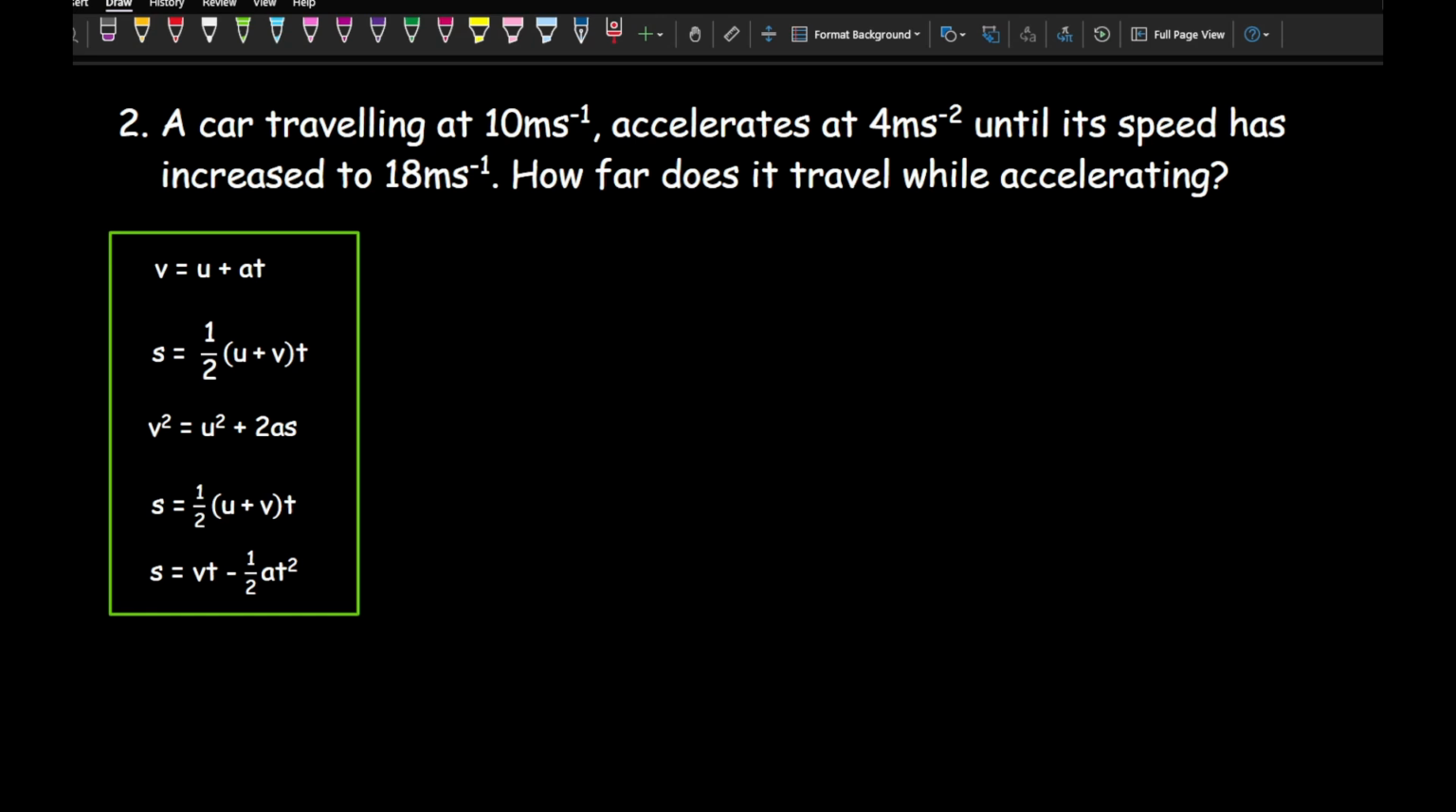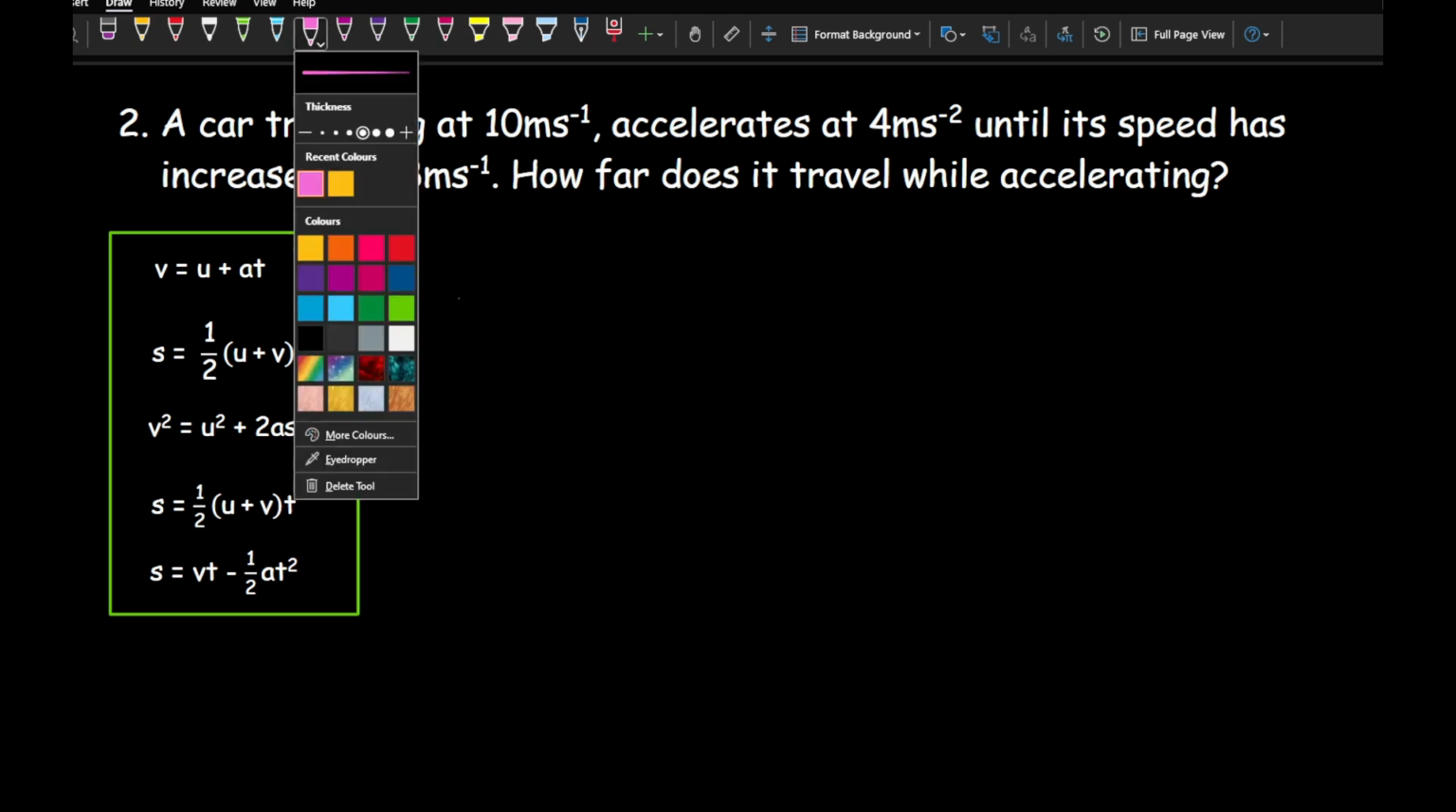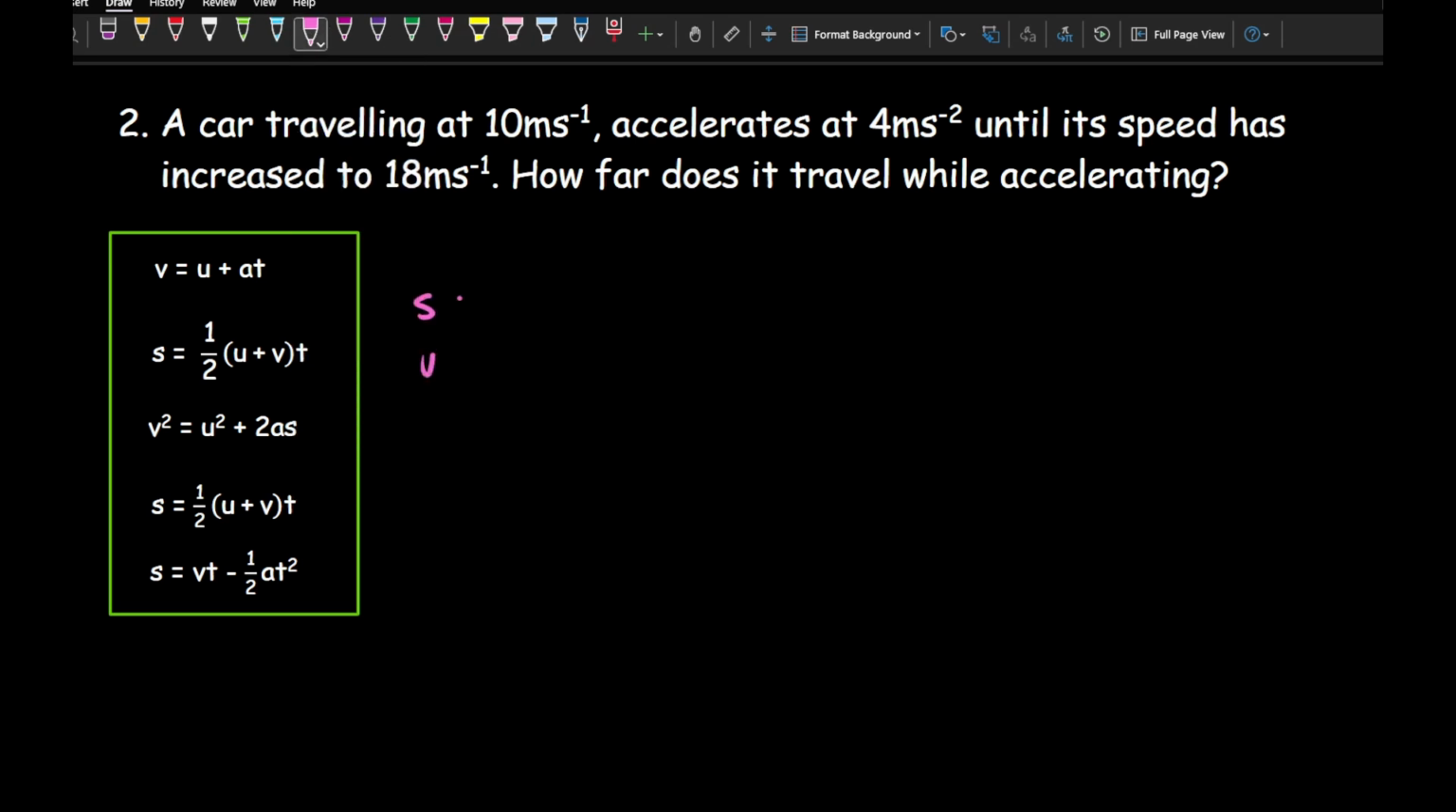Now moving on to our second example, it says that a car travelling at 10 meters per second accelerates at 4 meters per second squared, and its speed has increased to 18 meters per second. How far does it travel while accelerating? So again, with this, we write down our SUVAT values,